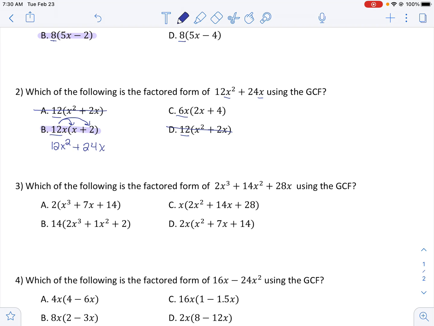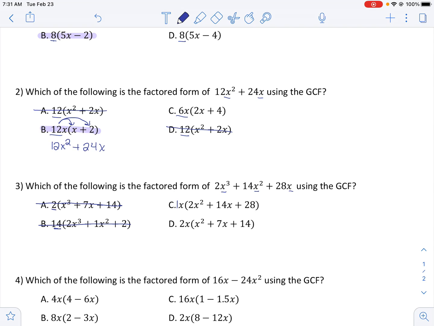Okay, which of the following is a factored form of 2x cubed plus 14x squared plus 28x? Again, each term has an x, so I should be factoring out at least one x, which allows me to eliminate A because it's just factoring out a 2, and B because it's just factoring out the number 14. So now we have a 50-50 chance. Okay, if I look at each of my terms, C is saying that the only thing they have in common